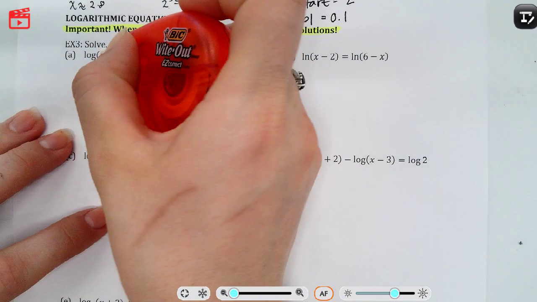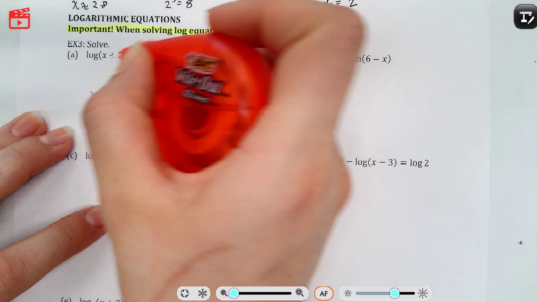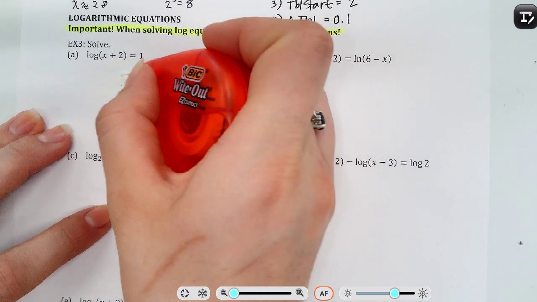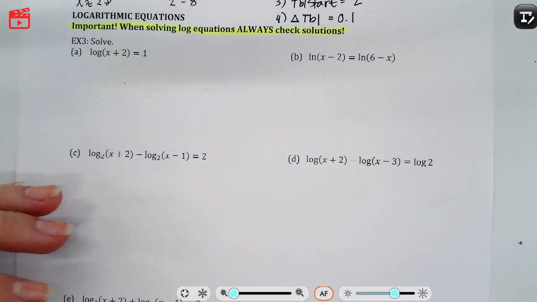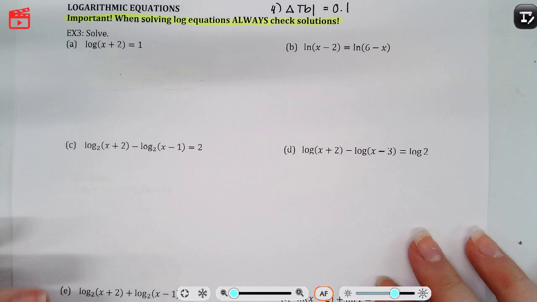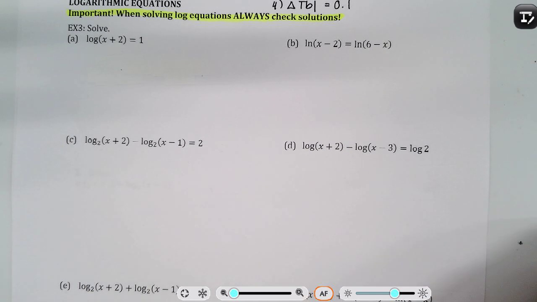So how come we didn't have to check for exponents? Well, there is no restriction on raising a number to an exponent. Okay, exponents don't have a restriction. Logarithms do. Okay, the argument cannot be negative. So let's see, when we're solving this one,